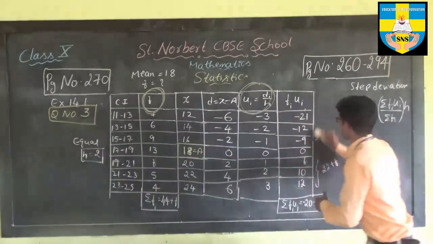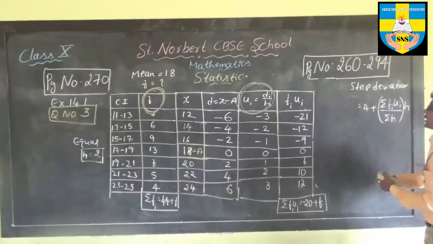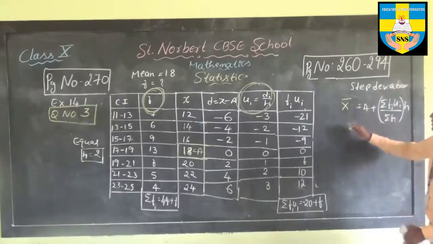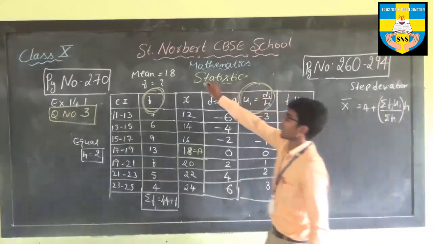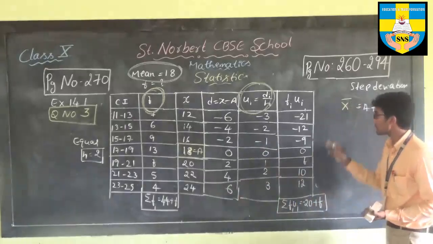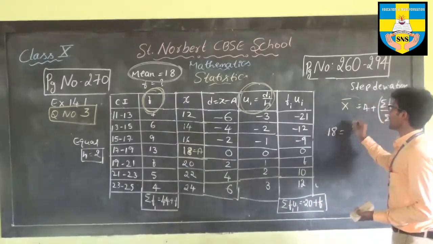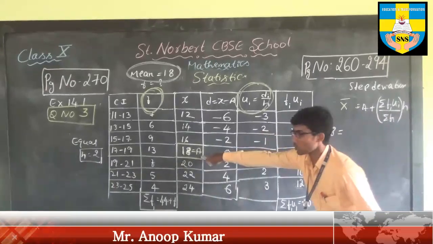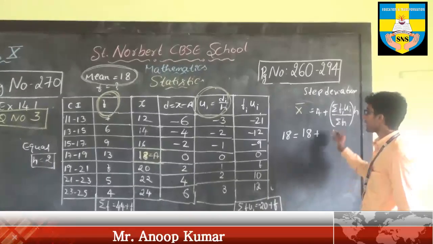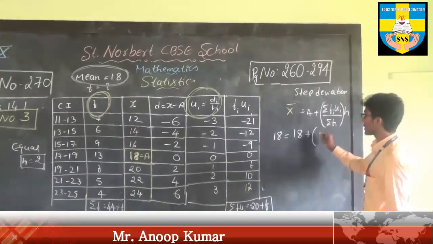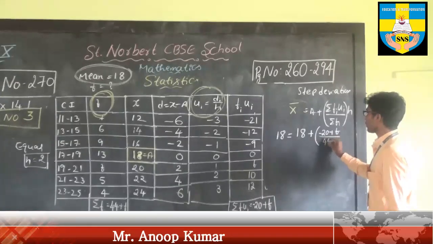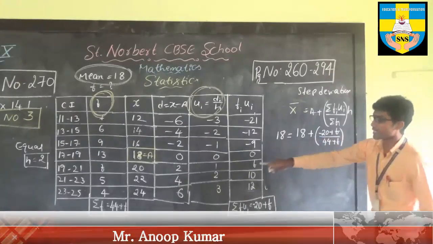So when it comes to the calculation, x bar is equal to A plus. Now what is x bar? Look at the question. As I said earlier, the mean is already given in the question. In this question we are calculating the missing frequency. This is 18 and what is A? A is also 18. Both mean and assumed mean are the same in this problem. 18 and summation of FiUi is nothing but minus 20 plus F divided by 44 plus F, that into